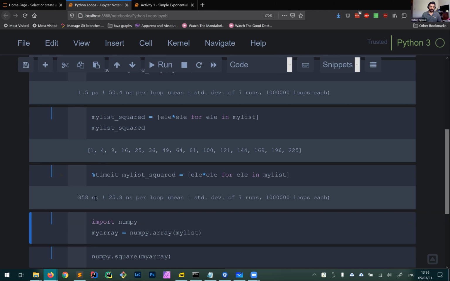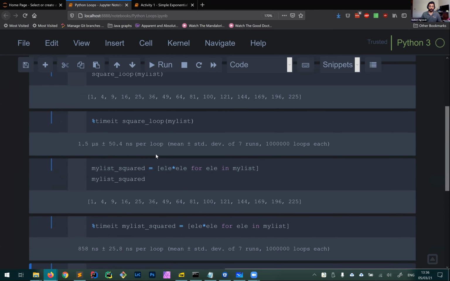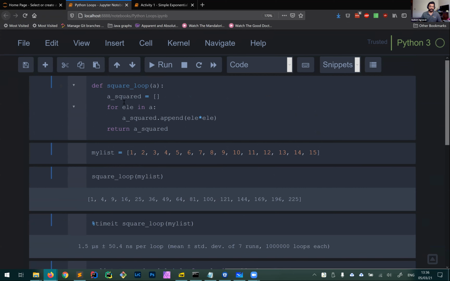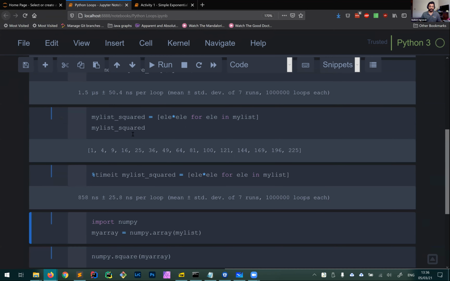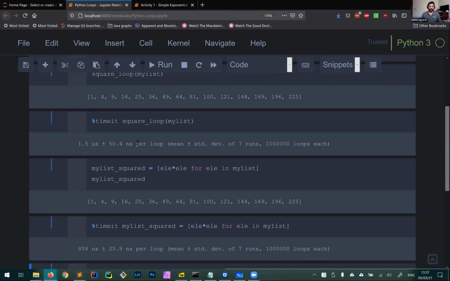So you can see almost 3 orders of magnitude faster. It's taking like 858 nanoseconds, so around 3 orders of magnitude faster than using a loop. One thing I'd like to mention here is that list comprehension is going to be faster if your for loop itself is building the list by appending elements to the list. If your for loop is not doing that, then you might want to time it and see which one is faster, because